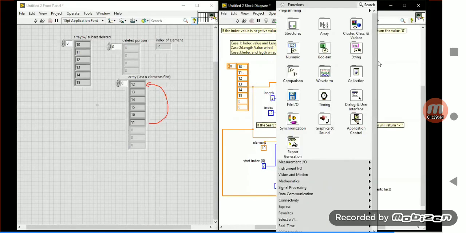Because that's the thing I'm trying to tell. I am going to explain what the initialize array is and how to use it, and how to get one dimension and two dimension. Same thing I'm going to repeat here also. And build array also has an append input and a concatenate input available. But you have to practice. Don't leave this function, because this function will play a major role.